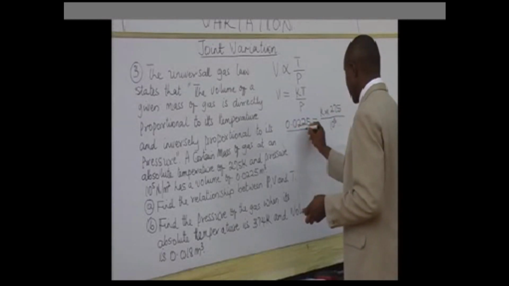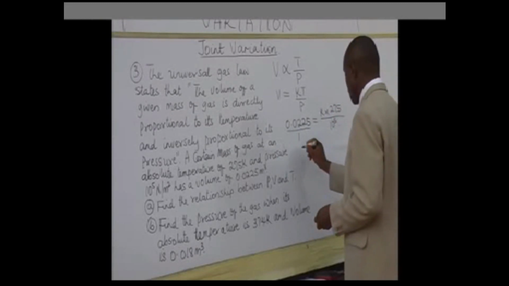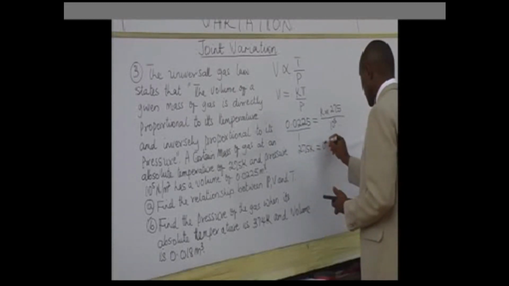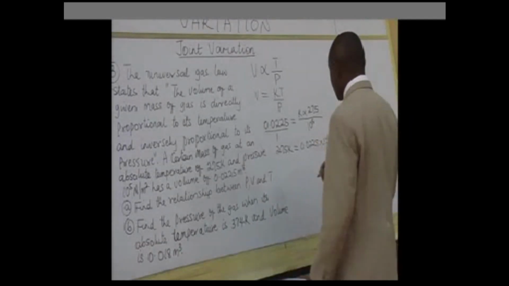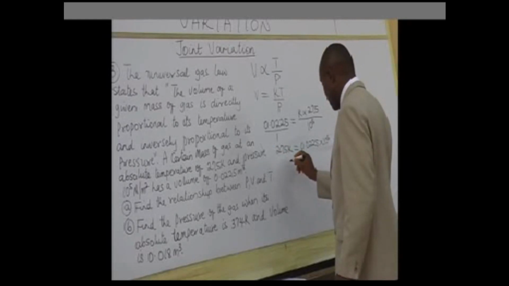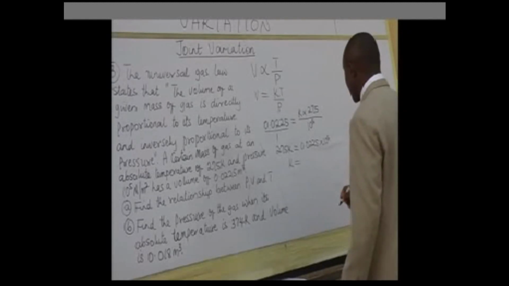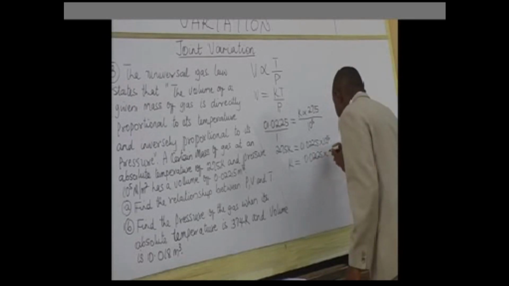You can cross multiply if you make this a fraction. K times 275 times 1 will give you 275K. It's now equal to 0.0225 times 10 exponent 5. Now divide both sides by 275. You're going to have only K left in the left-hand side. And on the right-hand side, you are going to have 0.0225 times 10 exponent 5